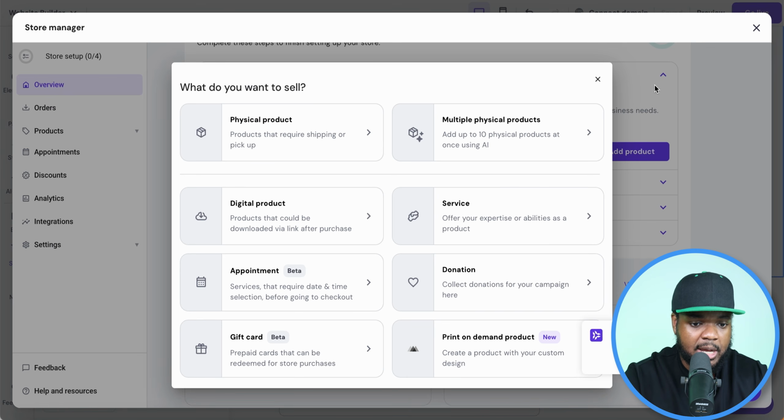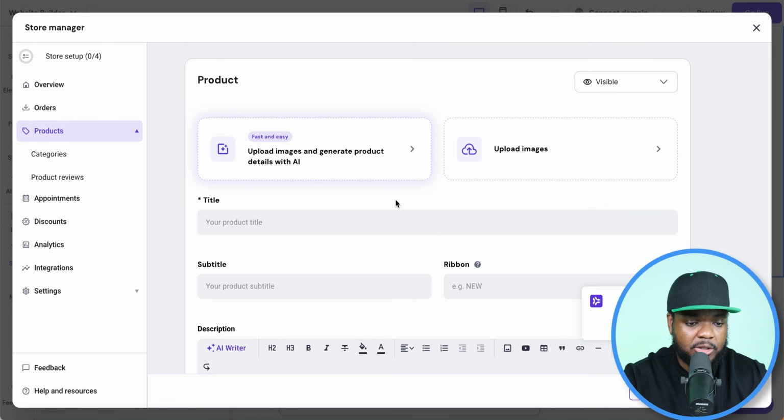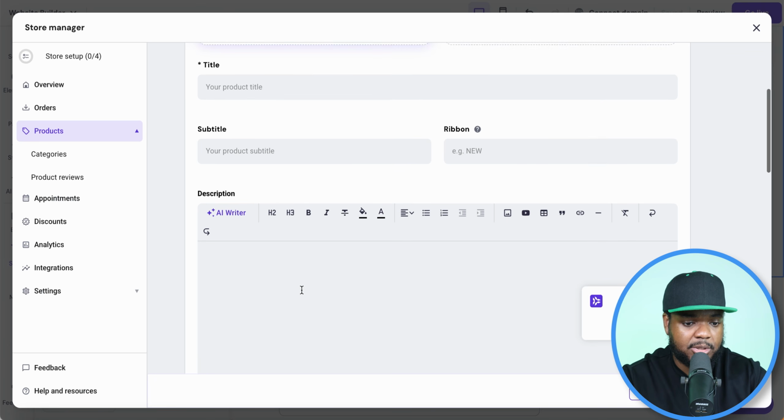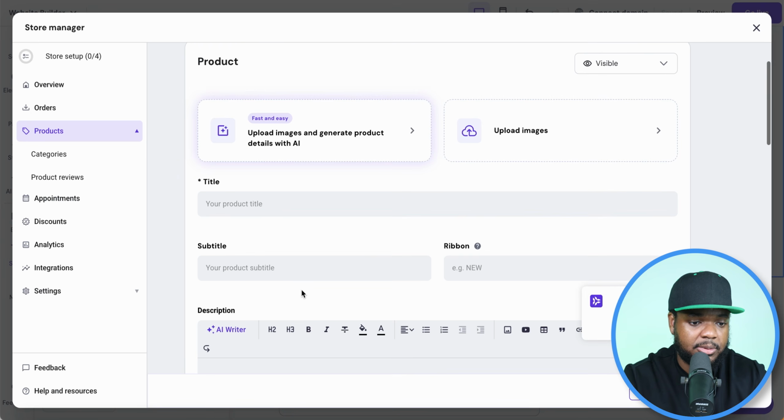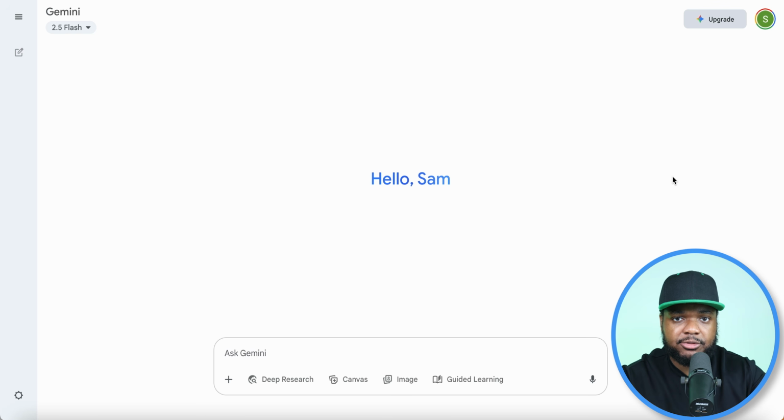So if I just click on add products and come over here to digital products, the easiest way for you to list a digital product for sale using Hostinger is going to be by using the actual cover image, because from that it's going to be able to get the title, the description, without you having to fill out all of the details. And this now brings me on to another interesting way that you can use Google AI Studio